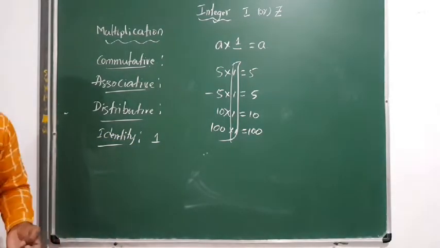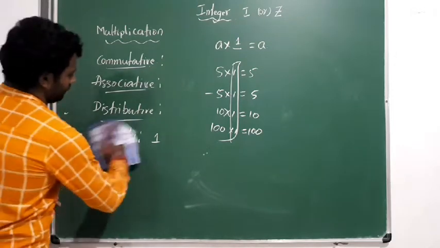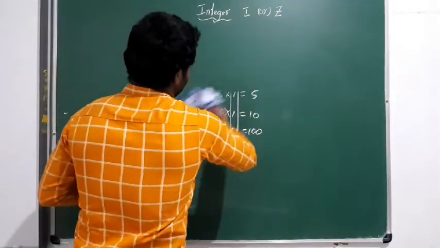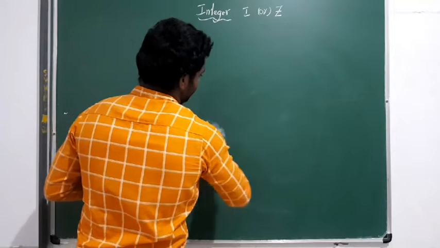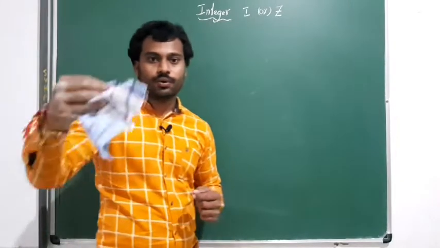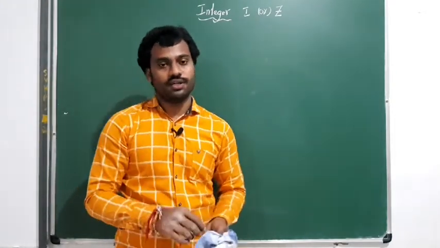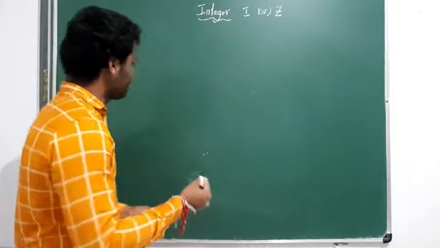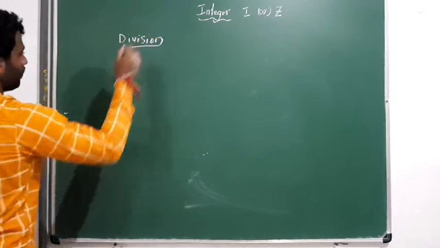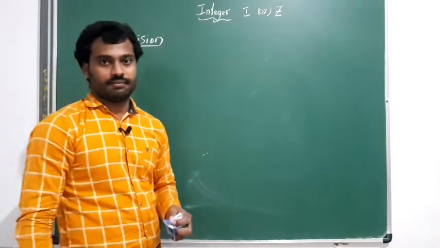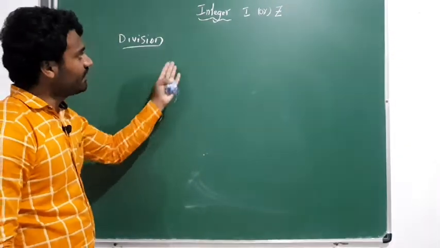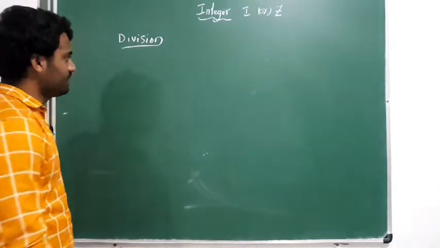So, the last one is division. So the division. First we will see whether division is satisfying closure or not. If we are dividing two integers, does the resultant belong to the integer set or not? We will do it. What is the division? Is it clear? Any two integers we will consider and we will divide them. What will be the answer? We will see first.